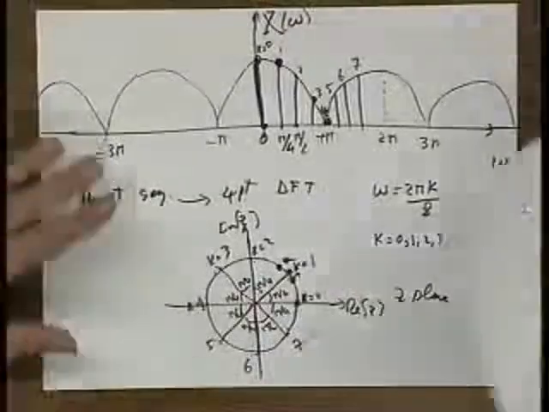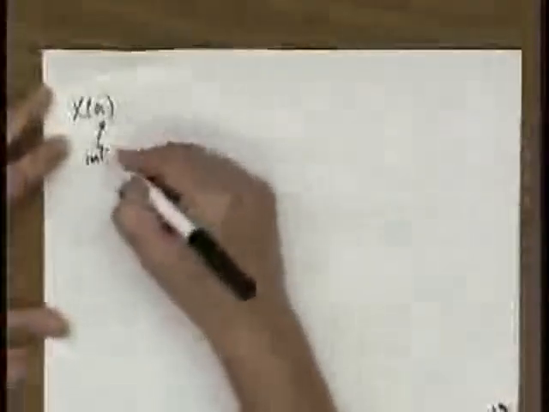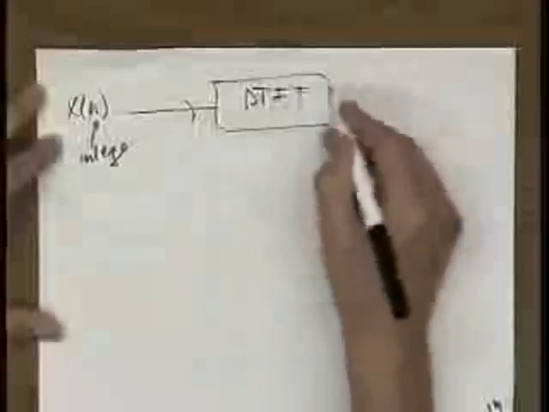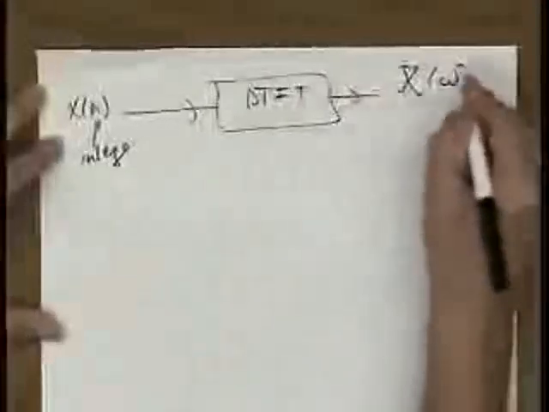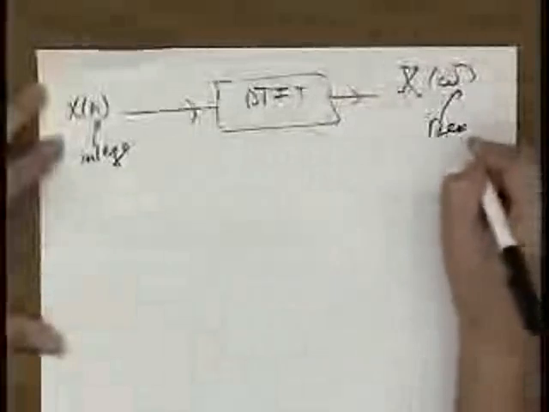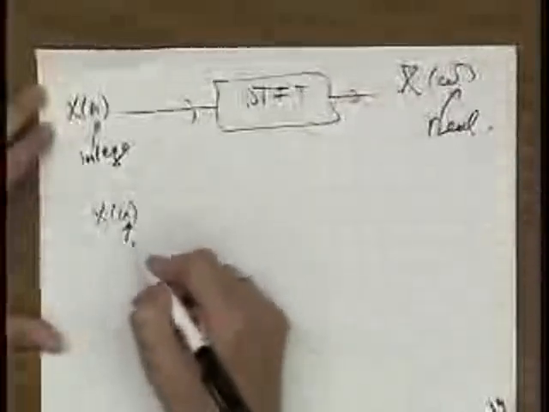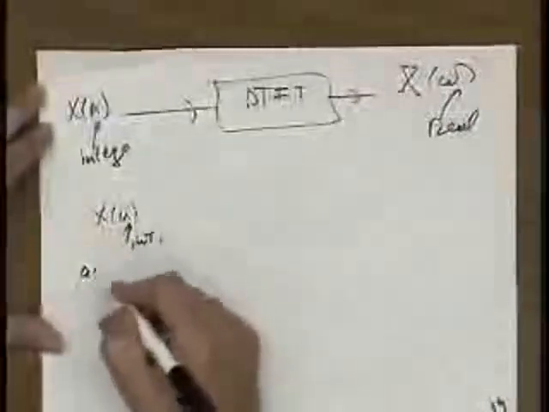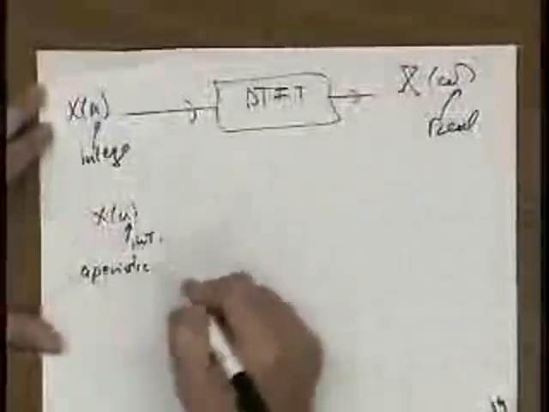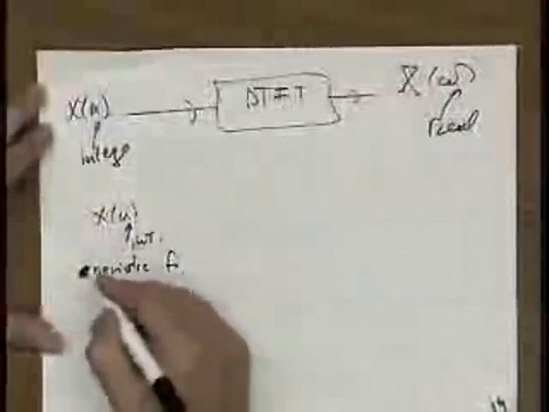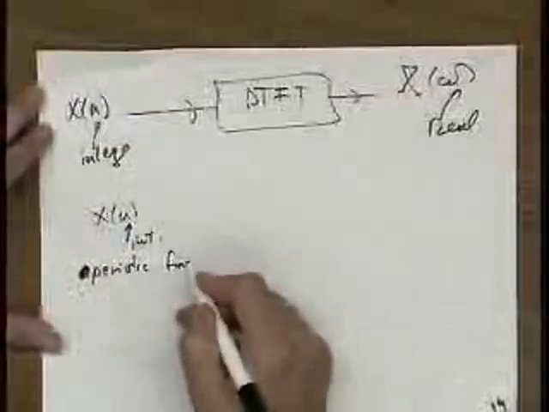Just to wrap up this lecture, just to give you a big picture of what happened today, we started with x of n, and it's an integer, and we already know what the DTFT does to that. It gives us x of omega, where omega is a real thing. I'm really repeating what we had earlier. Then we start with x of n, where n is an integer, and a finite extent sequence,